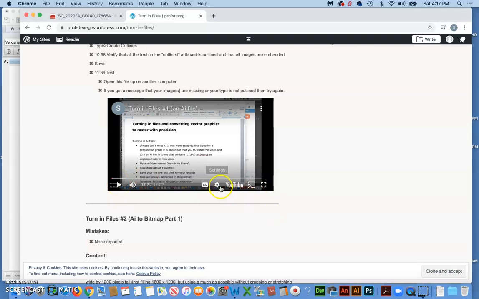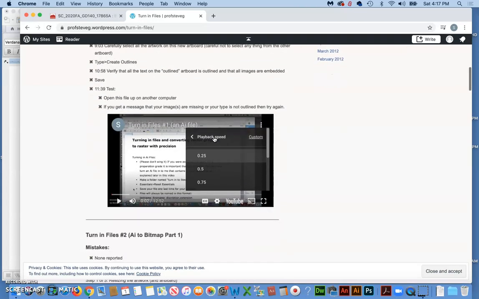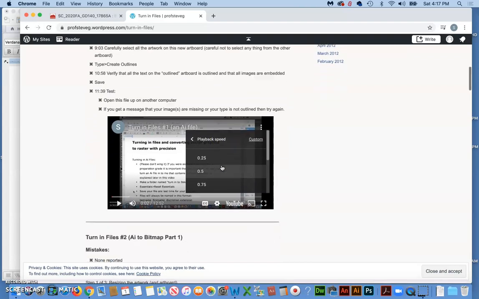Probably the best feature on YouTube videos is this settings button, where you can click on it and go to playback speed, and if I'm speaking too quickly, you can change the playback speed to 0.75, so to make me speak slower.